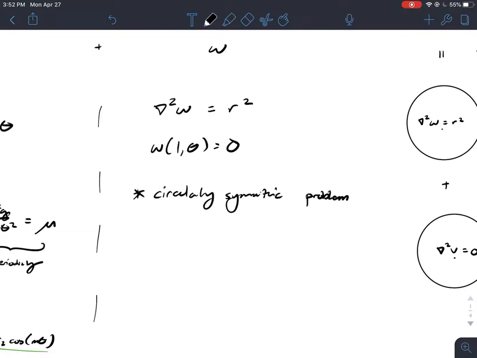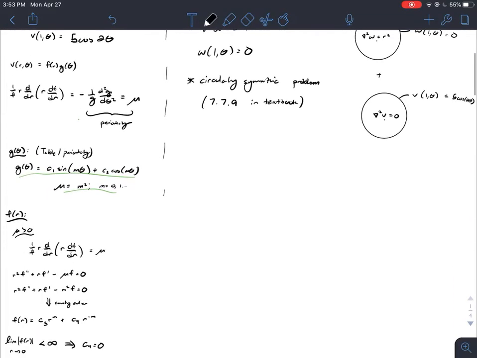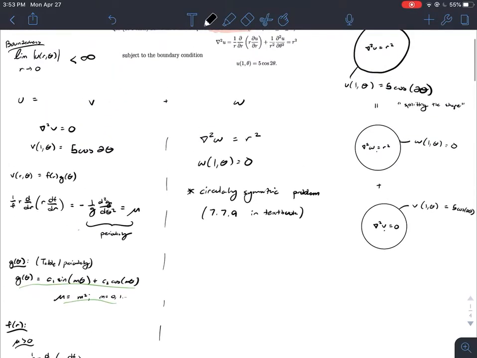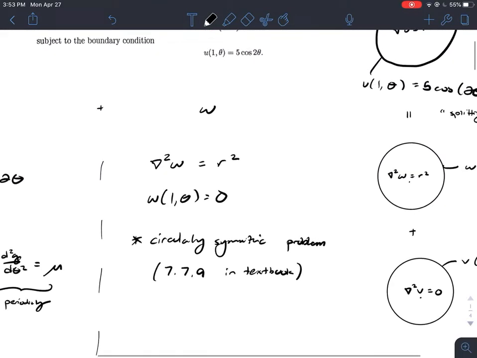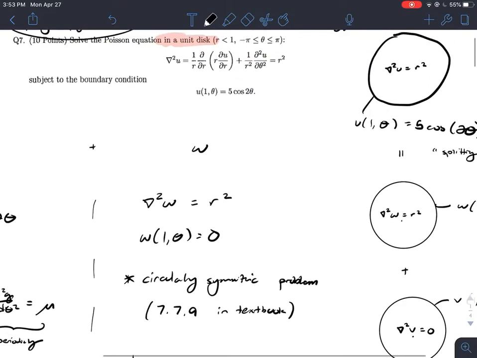This means it has no dependence on theta. And the nice thing about not having dependence on theta is we're able to drop all the theta dependency terms inside the Laplacian. If you need a review on this, I would look at the professor's notes or section 7.7.9 in the textbook. Circularly symmetric problems are a very important idea that comes up in problems down the road. So for circularly symmetric problems, the Laplacian simply becomes 1 over r,